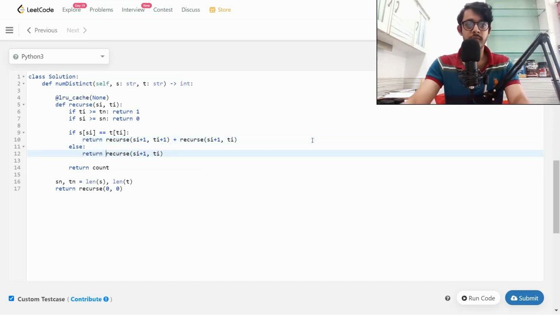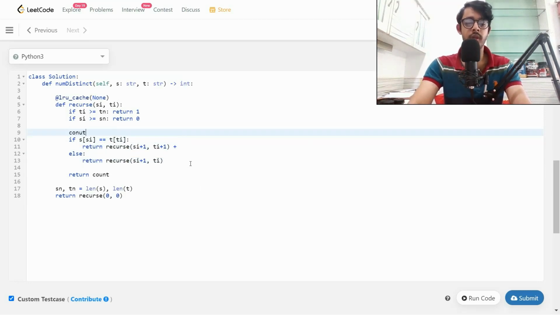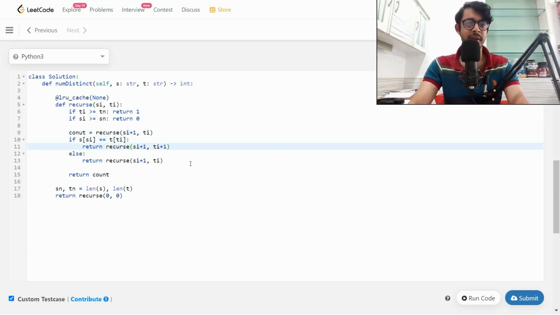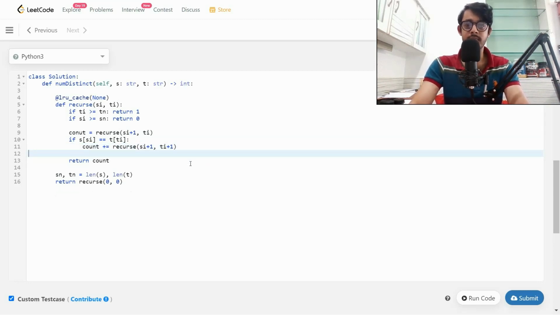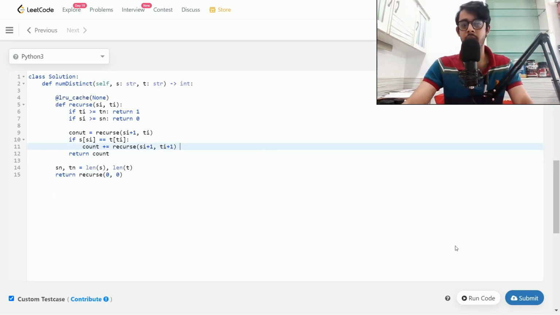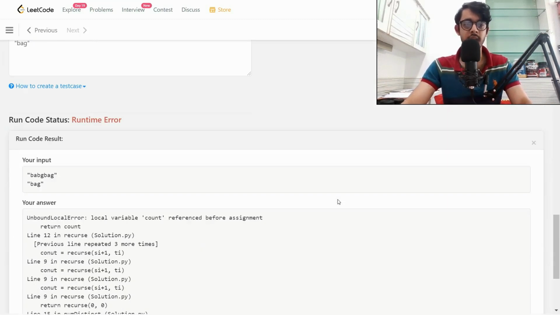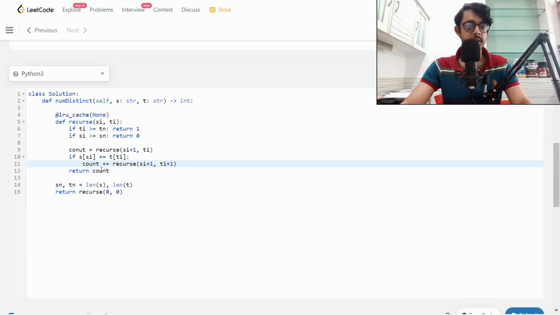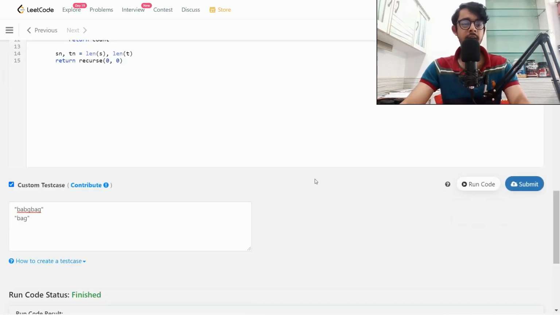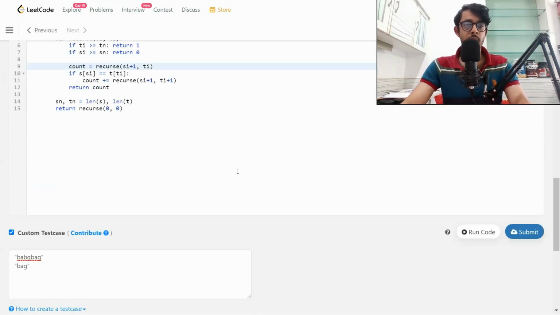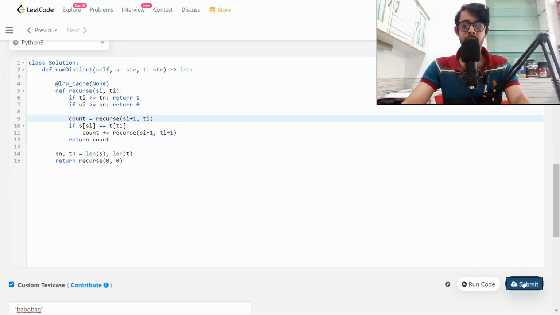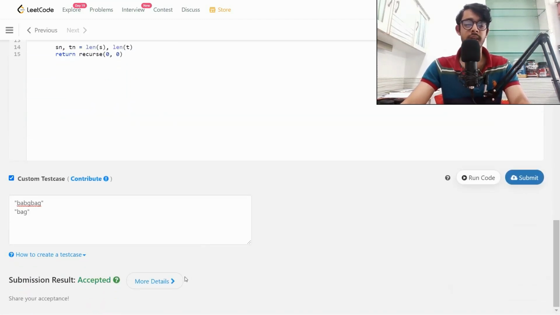But note one more thing, we are sort of repeating this thing again. So let's just pull it out. We'll have count equals to this guy, and this is just implementation, by the way. We do count plus equals to this guy and just remove the else. And we are done. Let's try resubmitting, running the code. Okay, count reference. Spelling error. Great. Cool, this works out well. And so we can just submit this guy over here. Let's hope it works. Cool, accepted.